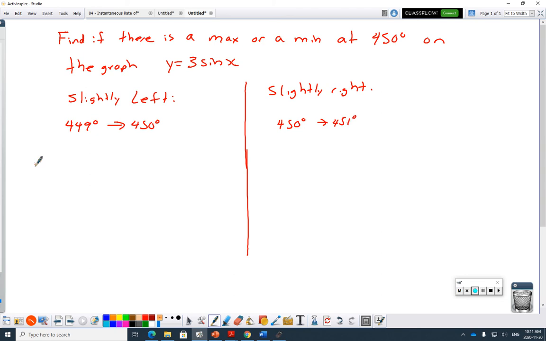So m equals 3 sine 450 minus 3 sine 449 over 450 minus 449. That's just y2 minus y1 over x2 minus x1. I've just subbed the 450 in there into both of them. And so the slope I get here is,